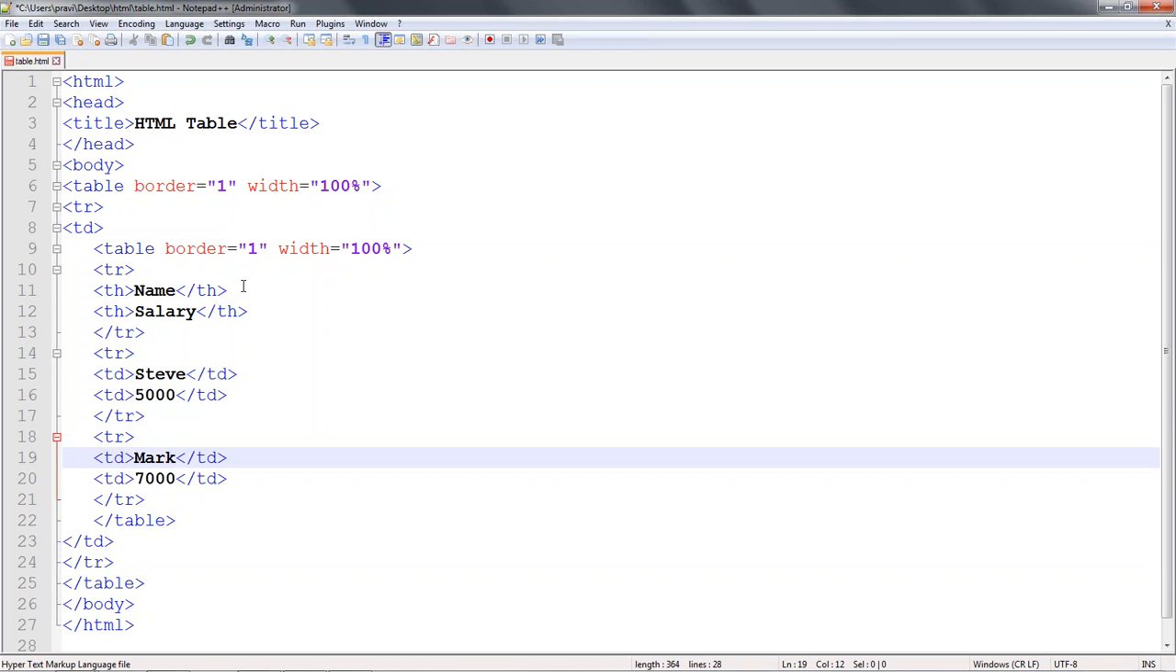and the table heading is name, and we created one more table heading, that is salary, and we closed the table row, and we created one more table row, and we're inserting table data into it, Steve, and one more table data, that is 5,000, and we closed the table row, and we created one more table row, and table data is Mark, and table data is 7,000 here, and we close the table row, and we close the table as well, and we are closing this